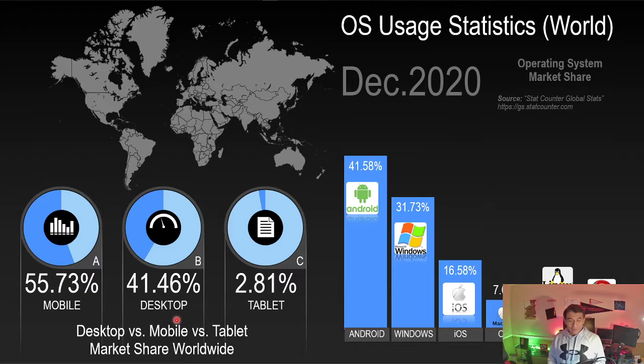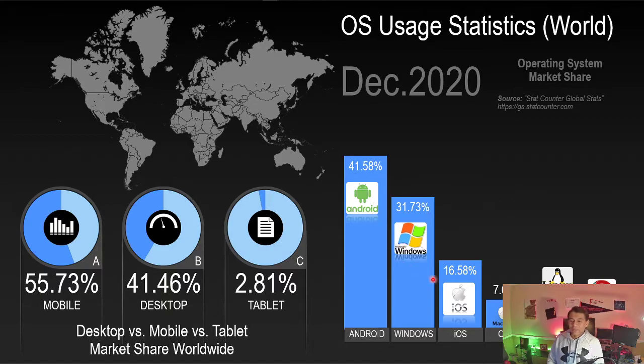41% from a desktop. So computers, laptops, desktops are becoming a little bit of a second choice after mobile devices for people around the world. And then finally, only 2.81% using a tablet. Those are the ones accessing the internet from a tablet device. This is the market share for the entire world. These are the latest numbers as of December 2020, so just make sure that you keep that in mind.